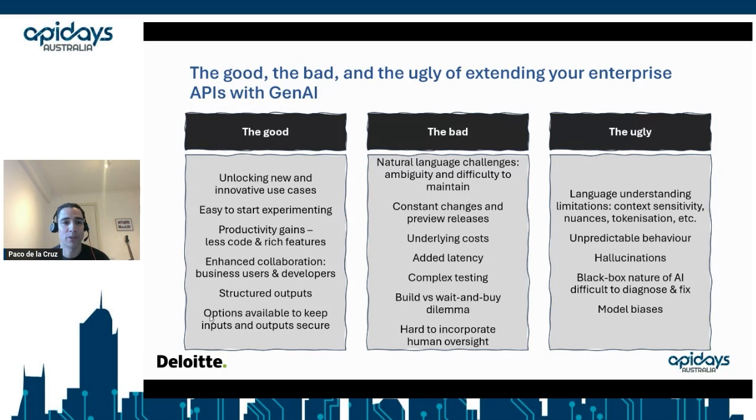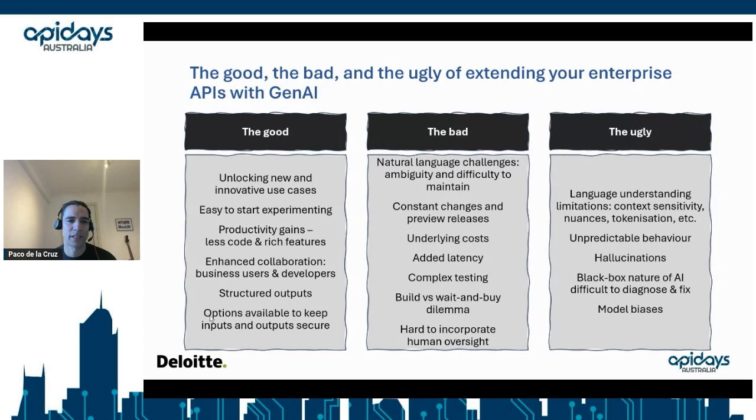We can also gain productivity, right? Because as you saw, my code was super simple, and I let all the complexity of the business rules happen in the LLM. No airport code tables, no rules to define if it was a weekday or a weekend. All the mapping was done by the LLM, right? We can have better collaboration between business users and developers. Now we can also get structured outputs, right? So as we saw, we specify the schema, and then OpenAI is able to return a JSON, which is what I expect in an API.